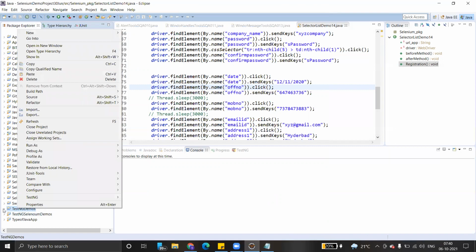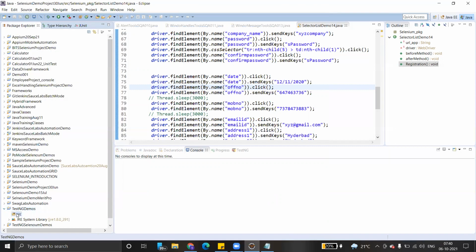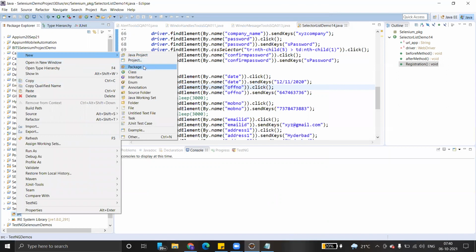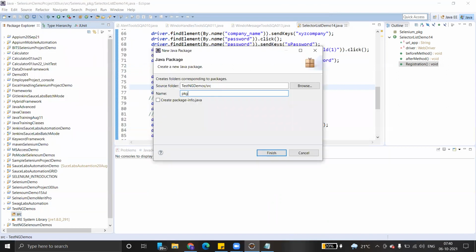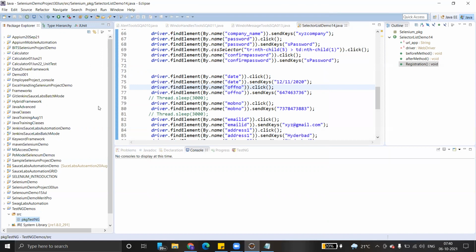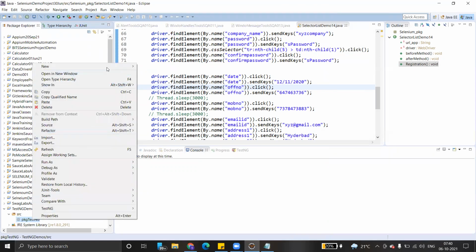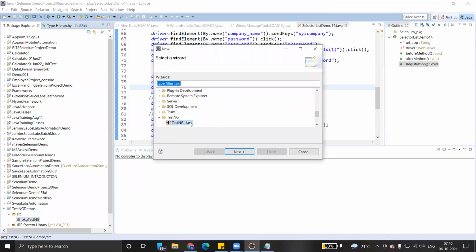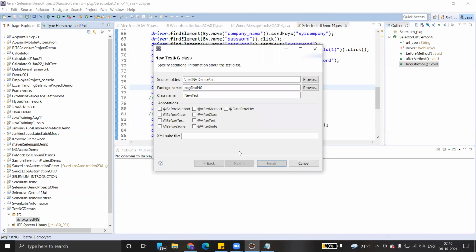Just right-click on src, go to New, Package, testng, done. Again right-click, go to New, Other, TestNG class, just click Next.